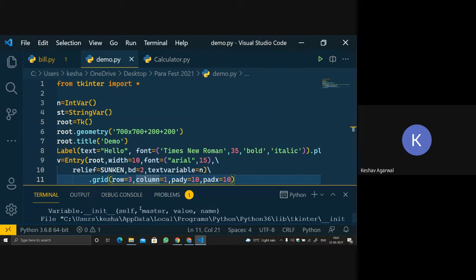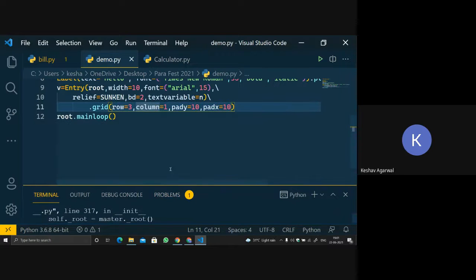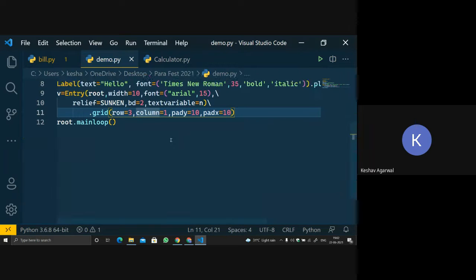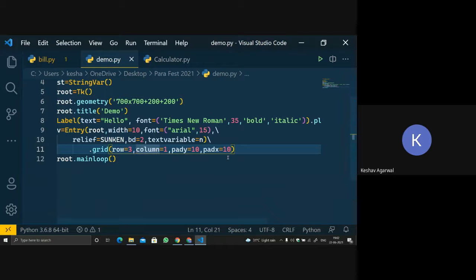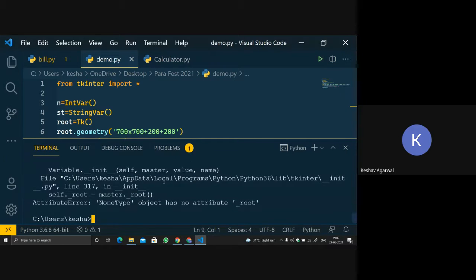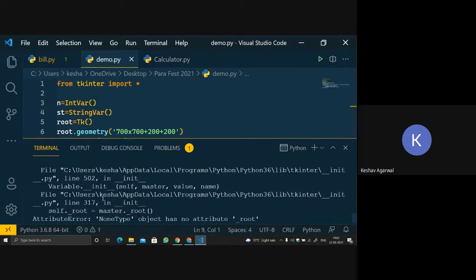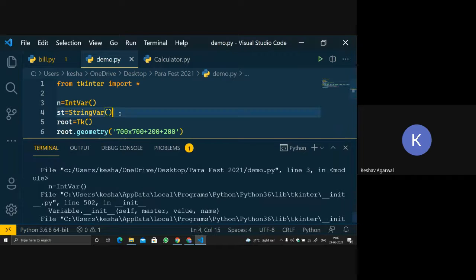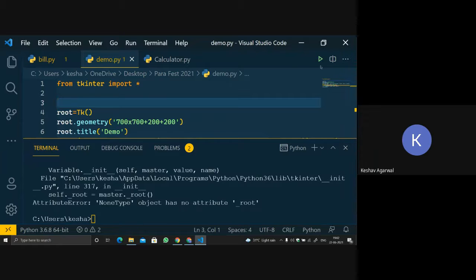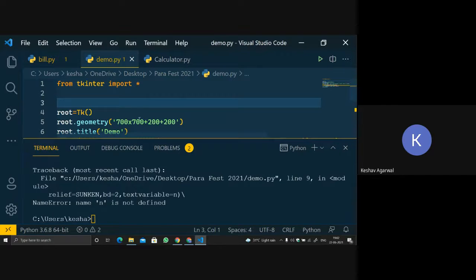I think there is another error. Self.root.master. None type has no attribute root. N is not defined.